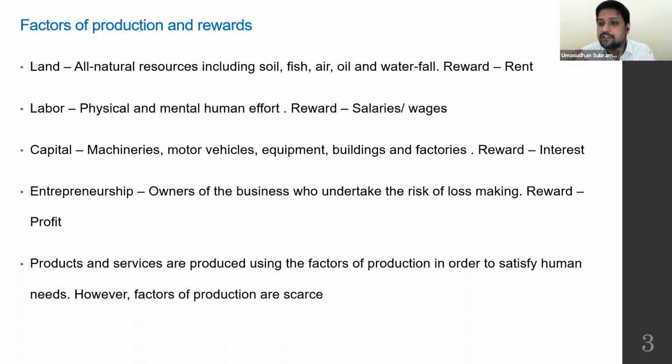And that profit that I usually expect to achieve is the reward for entrepreneurship, and that's what we call profits. So in economics, you've got to remember that cost of production includes profits for entrepreneurs. So you've got to understand the factors of production, land, labor, capital, entrepreneurship, and the rewards for them are rent, wages, interest, and profits.